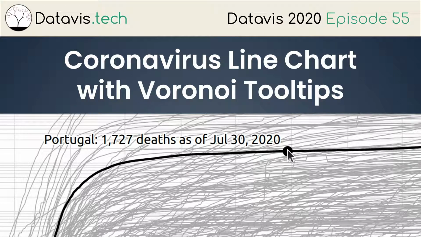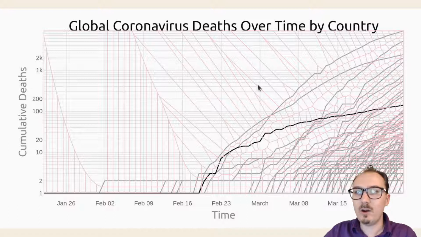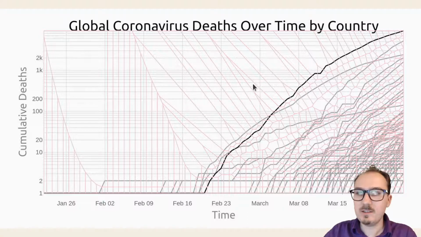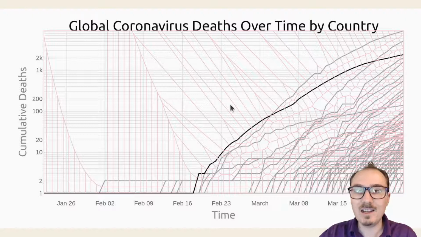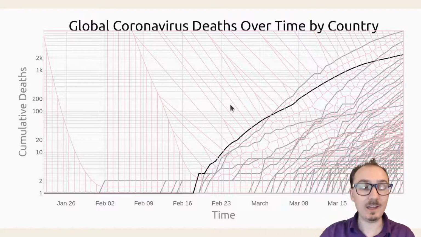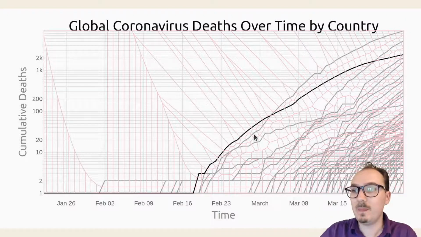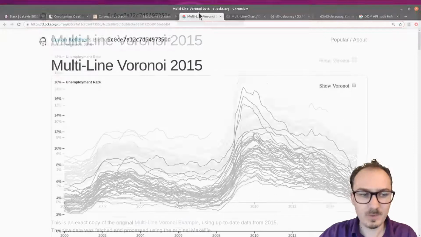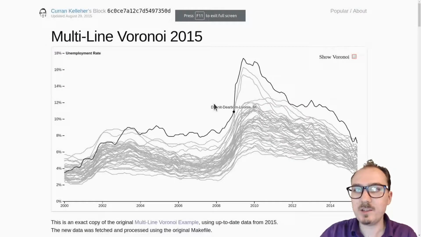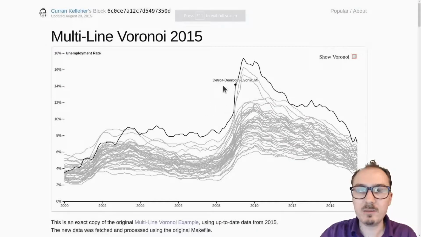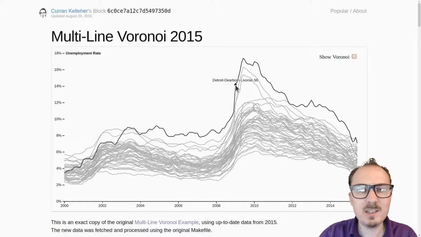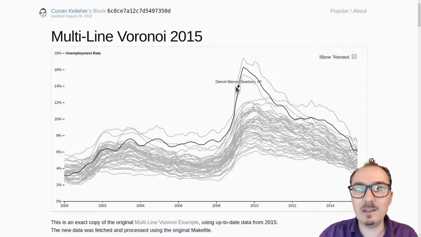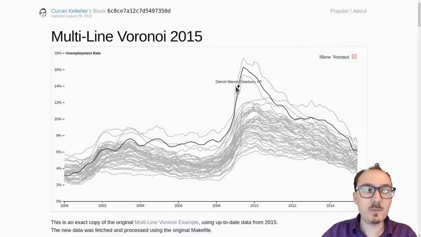So last time we got this Voronoi overlay working. Let's check it out. We can hover over these various places and the nearest line will highlight. That's pretty cool, but it only gets us part of the way there. Our goal is to reproduce this, where we actually draw a point and a label with the information that corresponds